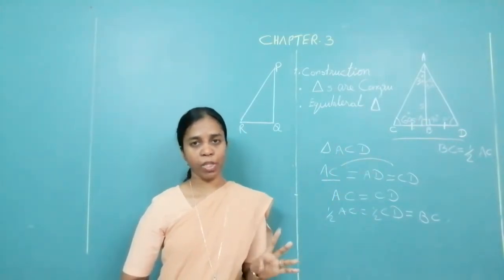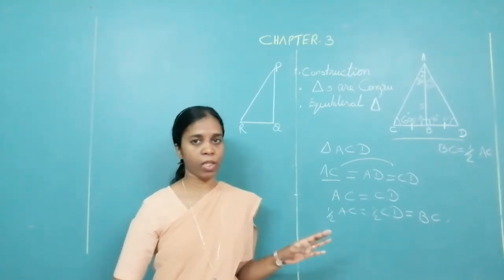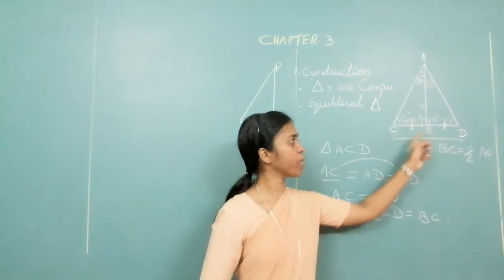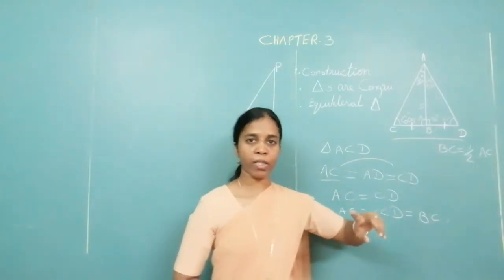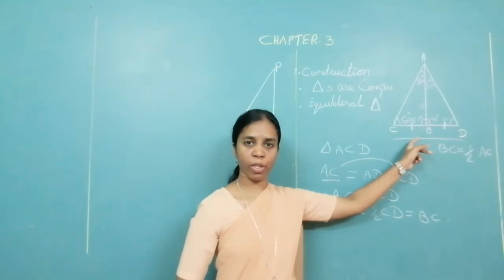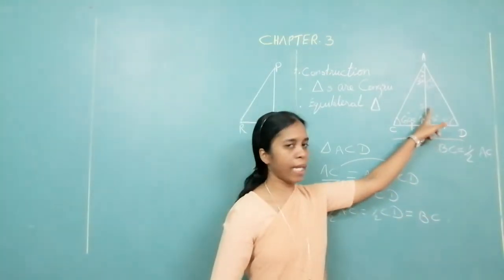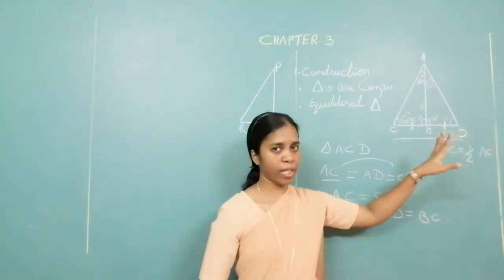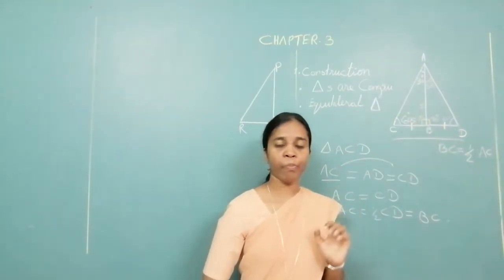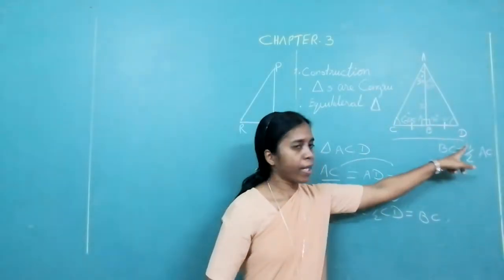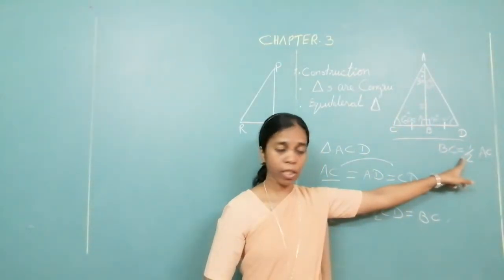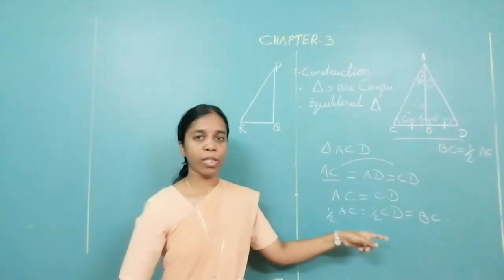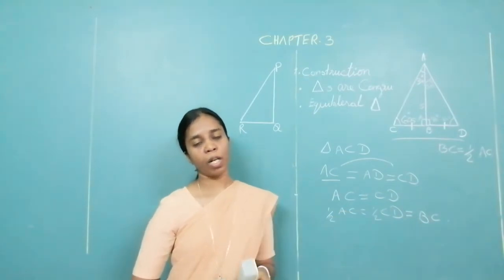There are three main steps over here. First, construction. What was the construction? Extend CB to D in such a way that BC is equal to BD. Next, show these two triangles are congruent. By which test? SAS. Though it is a right angle triangle, we cannot show it by the hypotenuse side test, so we are using the SAS test. Then consider the main triangle. We will get an equilateral triangle, so the sides are also equal. Then you multiply half on both sides. You will end up with what you are asked for.